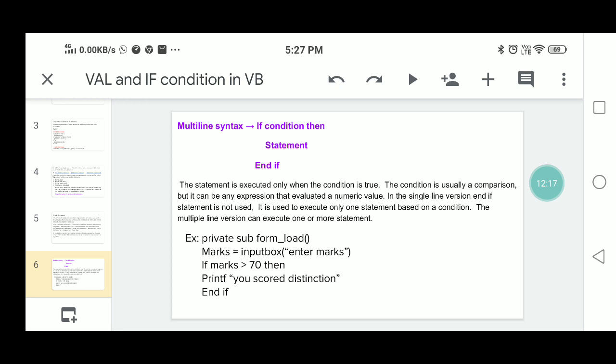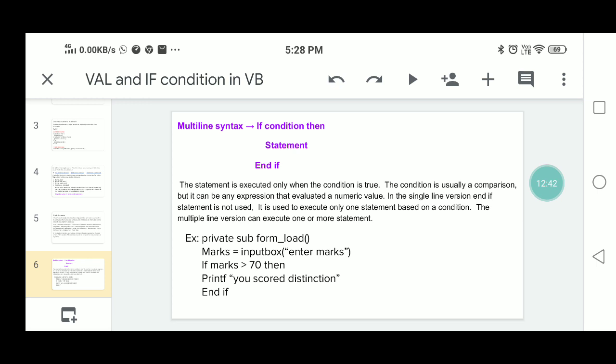Here the condition is a comparison. Condition is nothing but a comparison. It can be an expression that evaluates to a numeric value. So here is a condition, here is an expression. You can take the condition, no bothering about it. You can take the expression; after evaluation of the expression, it will take the numeric value, and it is a condition.